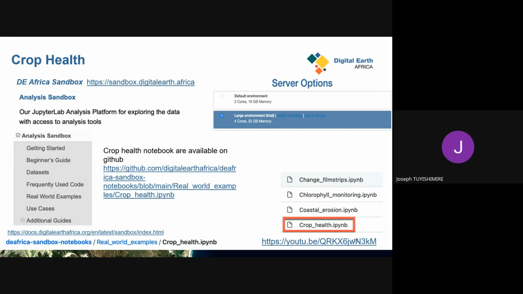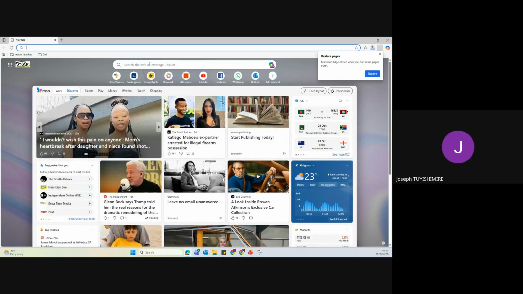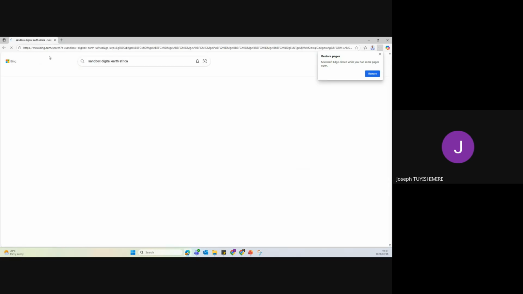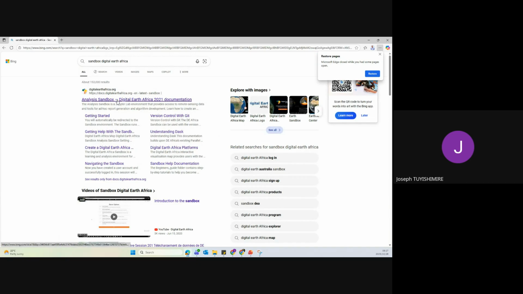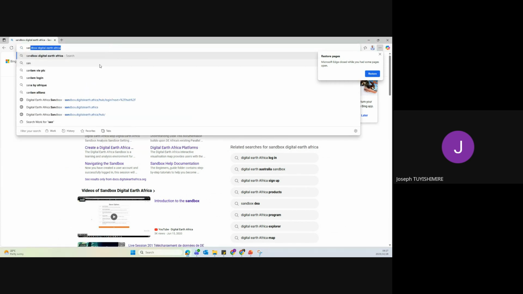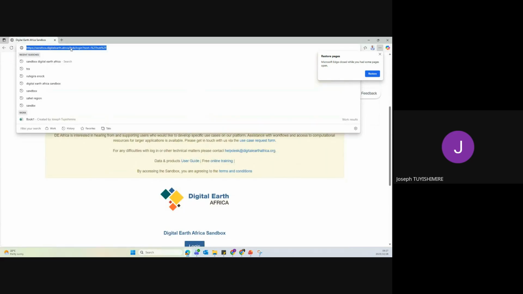Before we start, I have my sandbox open, but what you can do is go into your browser and go to the Africa sandbox. You just type sandbox dot d2f dot Africa.